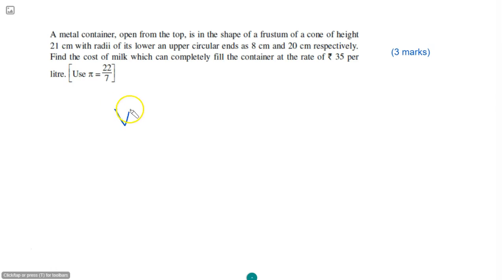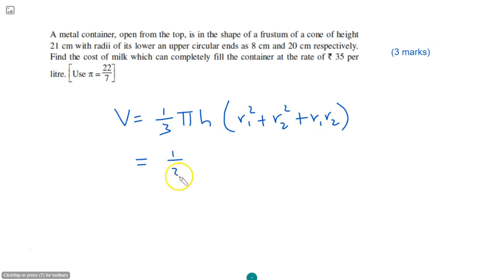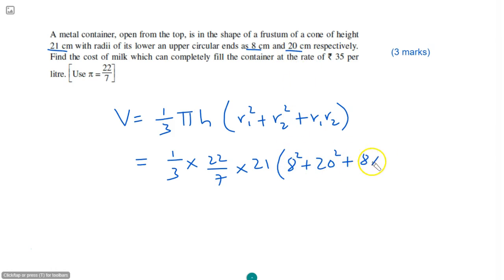You know the formula for volume of a frustum: 1 by 3 pi h times r1 square plus r2 square plus r1 r2. So that's 1 by 3 pi, with pi as 22 by 7 here. Height 21, r1 square and r2 square. The radii are 8 and 20, so that's 8 square plus 20 square plus 8 into 20. If you do these calculations, you will get